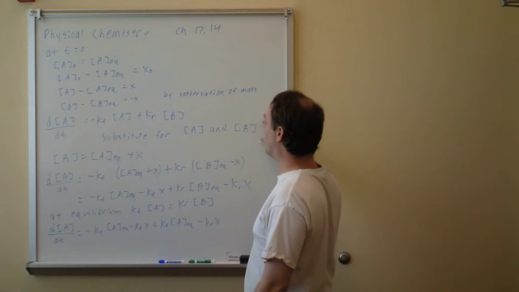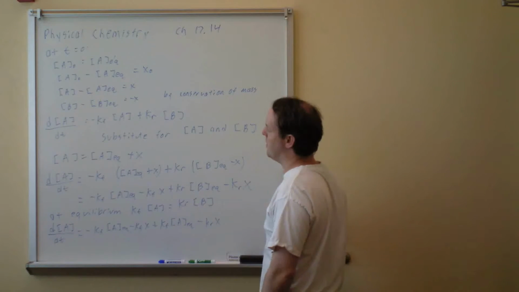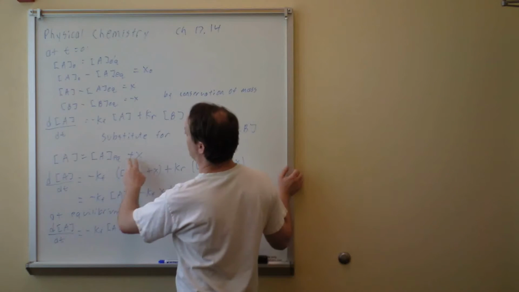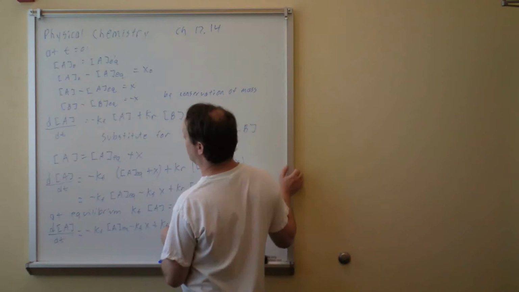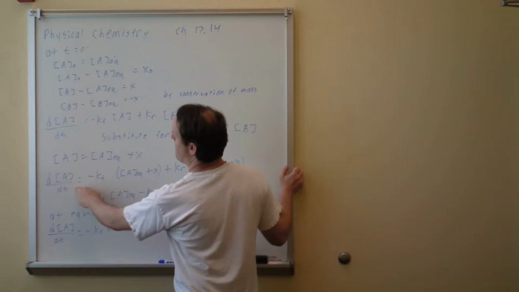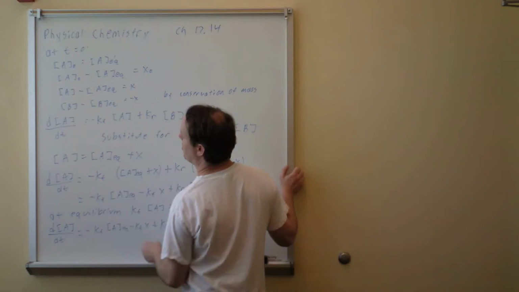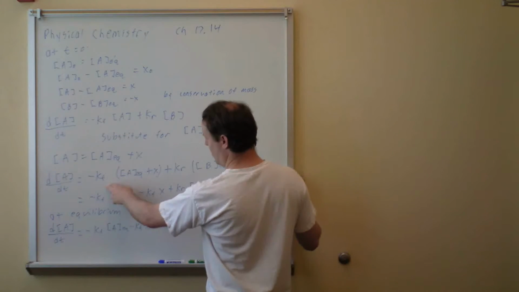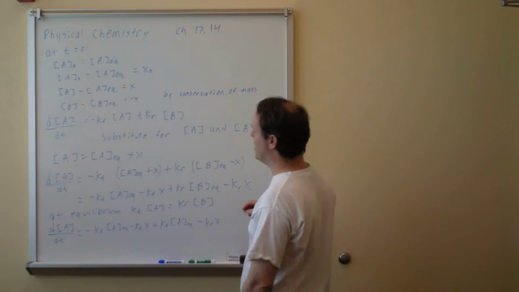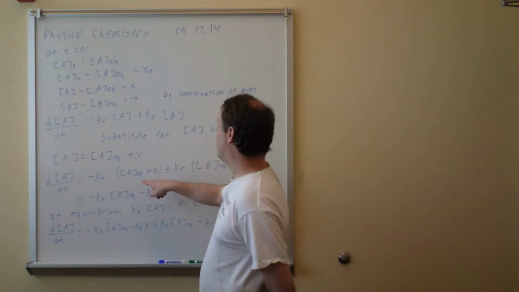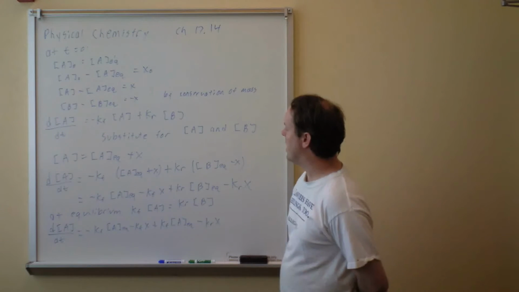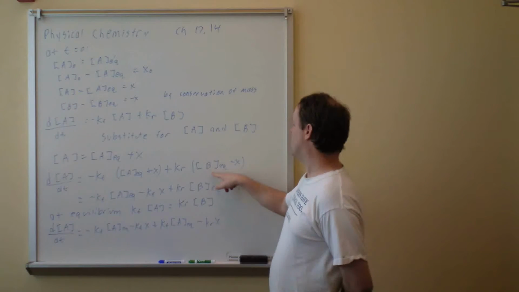Now we want to substitute for the concentration of A and the concentration of B. We know the concentration of A is going to be the equilibrium concentration of A plus X, so that's our perturbation. Then the differential of the concentration of A with respect to time is going to equal minus the forward rate constant times the equilibrium concentration of A plus X plus the reverse rate constant times the equilibrium concentration of